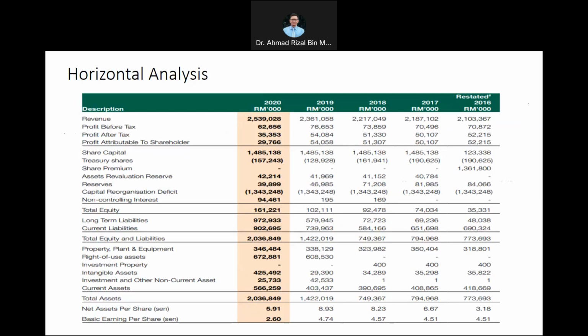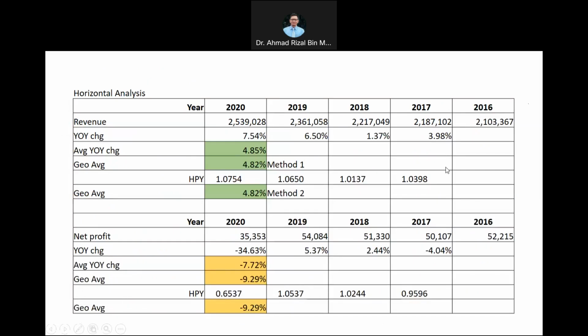Now, the main aim of doing horizontal analysis is to look at the changes, how the item changes from year to year, and over the 5-year period, what would be the average. And we will cover both the arithmetic and also the geometric average for this class. As an example, I've chosen two items: for example's sake, revenue or sales, and also the net profit. So you can do this in Excel. Copy from Excel